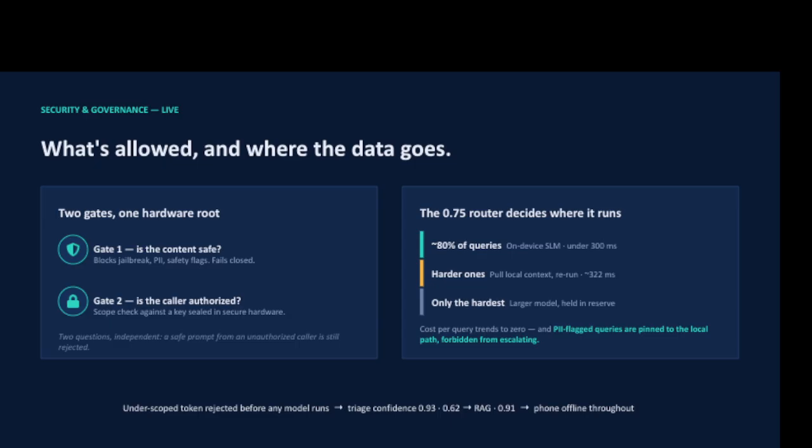For the security perspective in the pipeline, we have two gates defined. Gate one addresses whether the query is legitimate. That's a check at the prompt level. And for any query, whether it's legitimate or not, SHA-256 hashing is used so that we need not store the raw content and auditability is maintained.